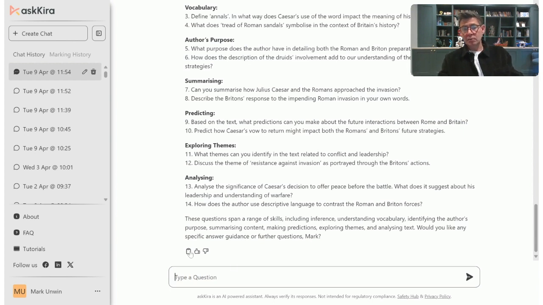And to save us some time, we can click on this button there, copy that to the clipboard, and we can move that to Word or PowerPoint or whatever different software that you use within your school, or to Smartboard software, in order to make it nice and easy for the children. And that's one of the ways that we can use askKira to help us